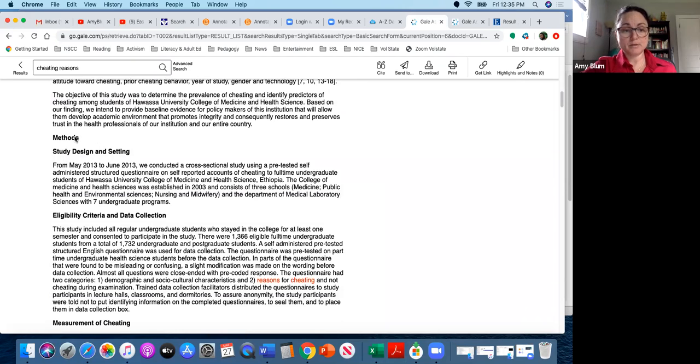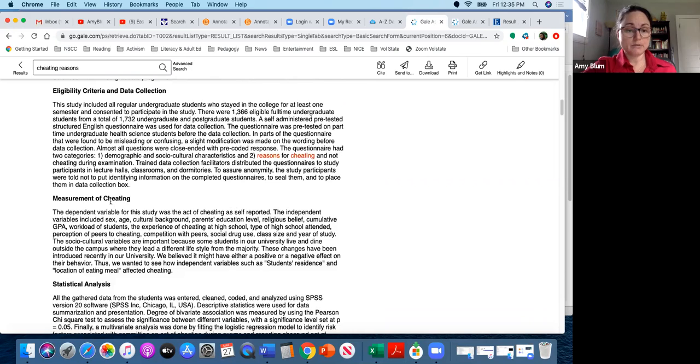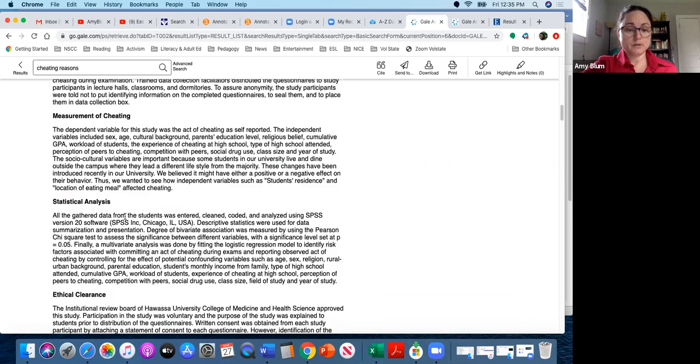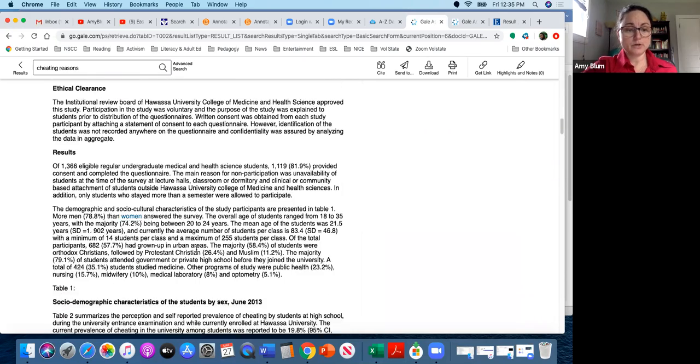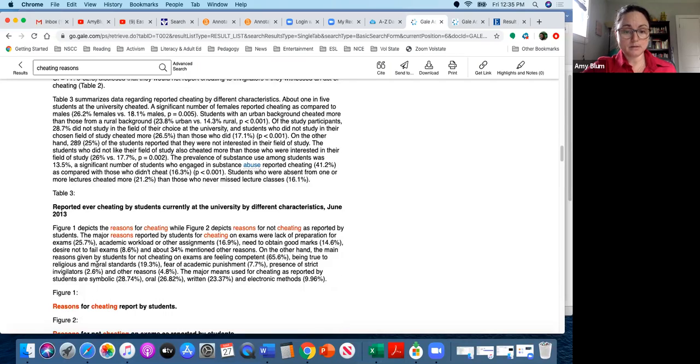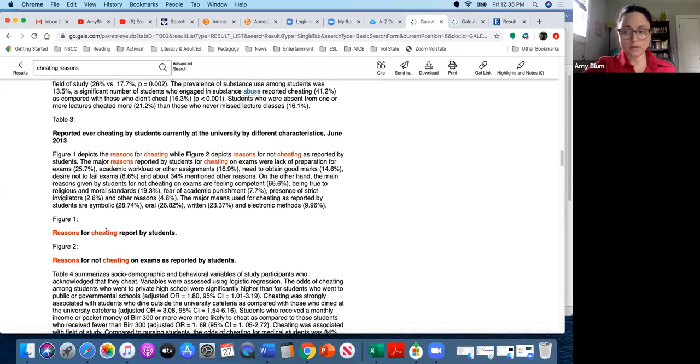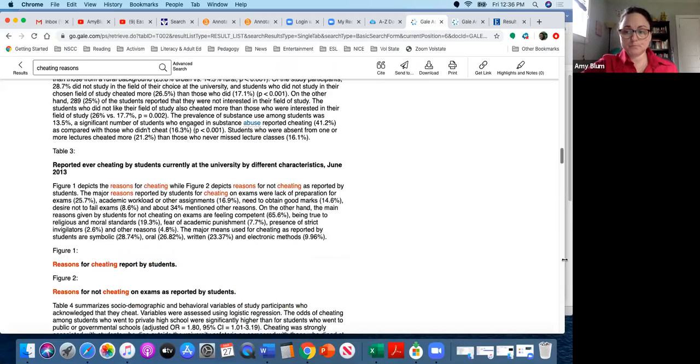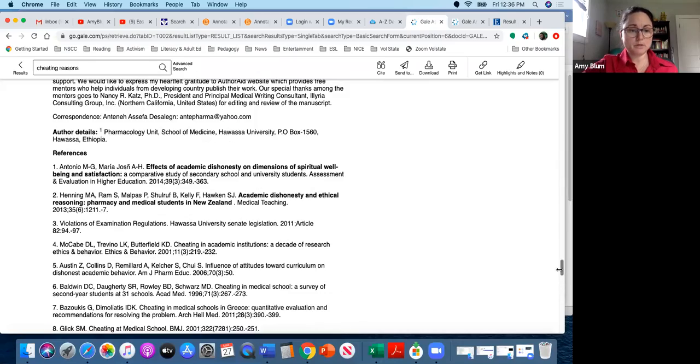It might tell you the methods and how they conducted the study, how they measured, and how they did their statistics, etc. You can see that this has a lot of very specific statistics and specific numbers, and that's going to be more scholarly rather than popular. Also, if you scroll down to the bottom here, this article also has its own references, which is another indication that it's